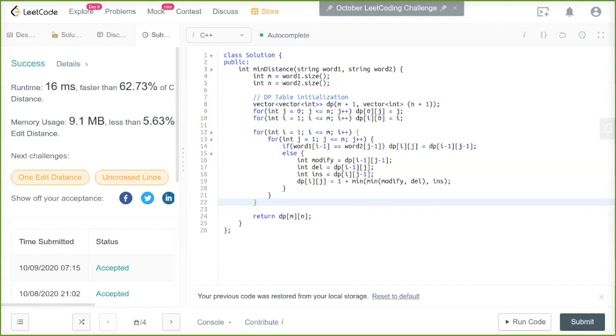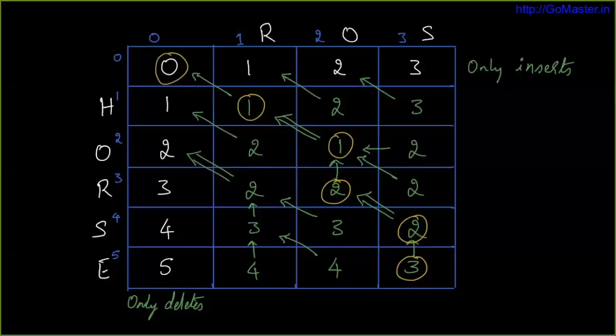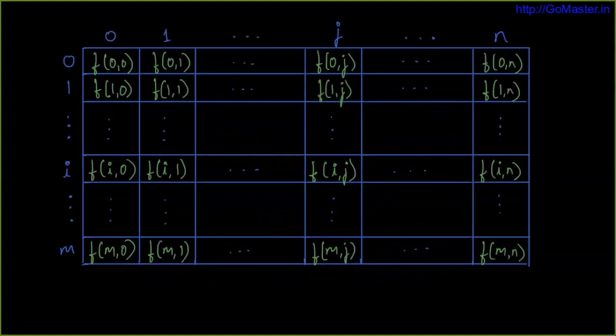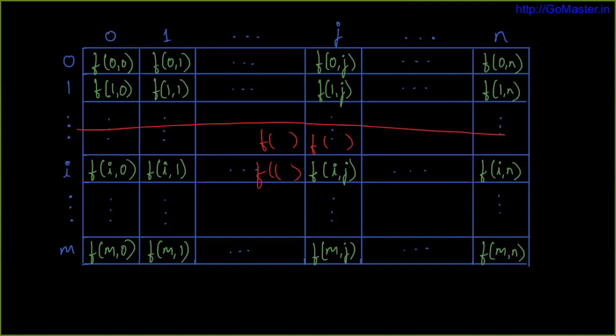So again, if you see this table here, when I'm computing, let's say f of i comma j, I need the previous row's two values and then this value, which is in the same row. I don't need any values in the i minus 2 row. I only need the i minus 1 row and the ith row when I'm in the ith row. I don't need any row from 0 to i minus 2 when I'm in the ith row, right?